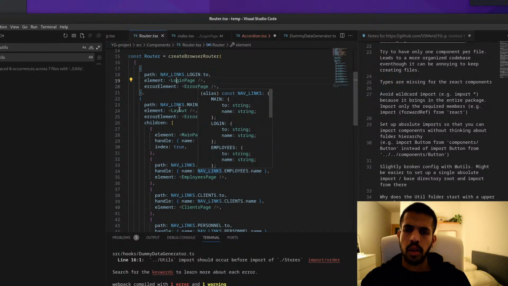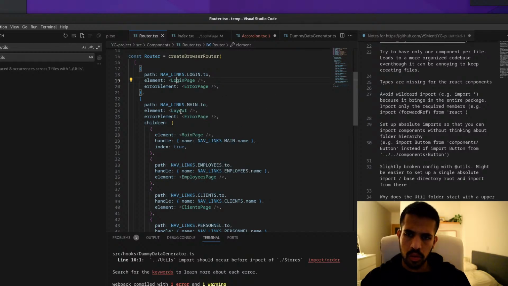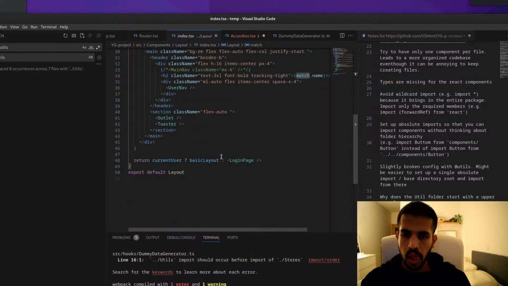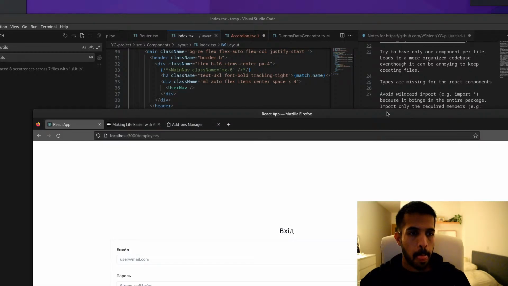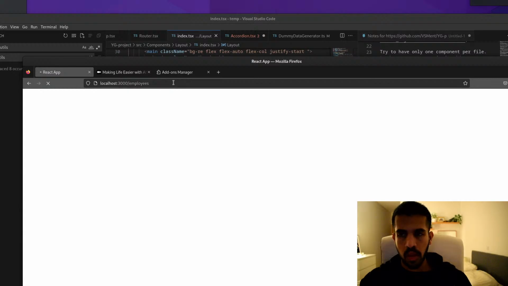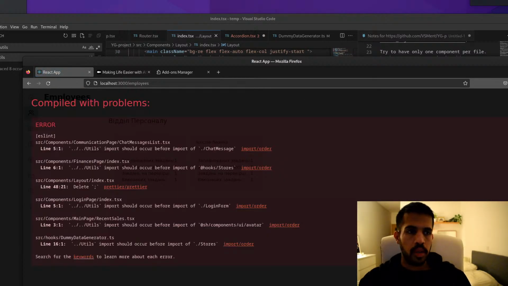All right, and then this is layout. So layout has the protection, I think. Yeah, here we go. So I will just change this so that it always returns the layout rather than showing me a different screen.